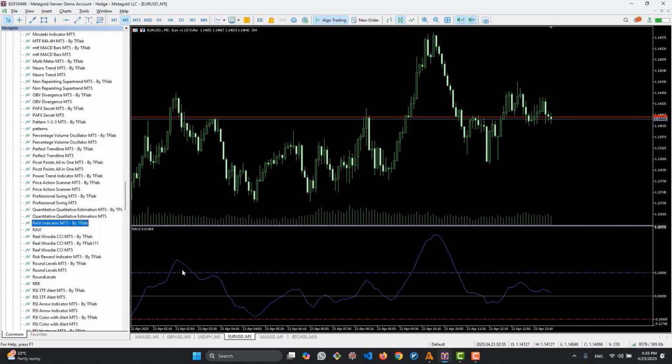This indicator consists of a purple line, which is the main line of the indicator. When this line has positive values above zero, it indicates an upward trend. And when the line has negative values or is below zero,